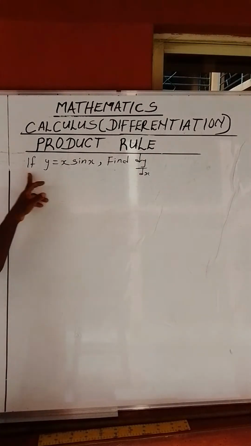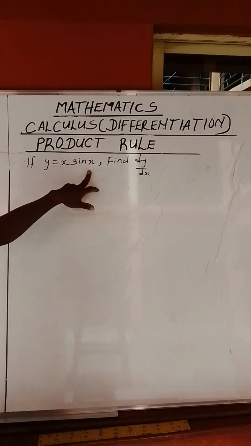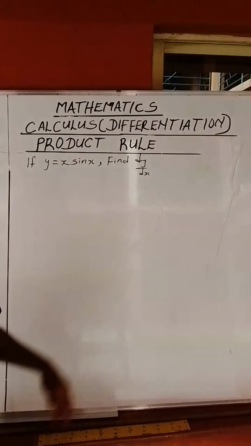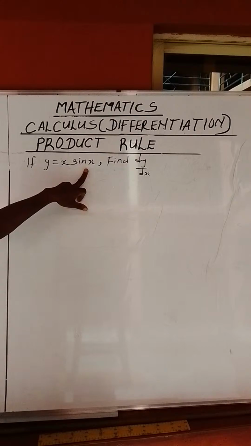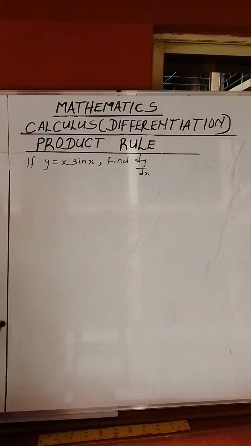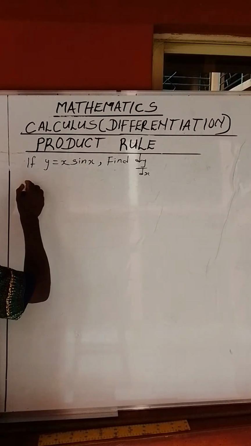Now, this is the second question for today. We are given here that if y equals x sine x, then we have to find dy/dx. So how do we get this done? It's quite simple. Here we take our u to be x and our v to be sine x, right? So here we write